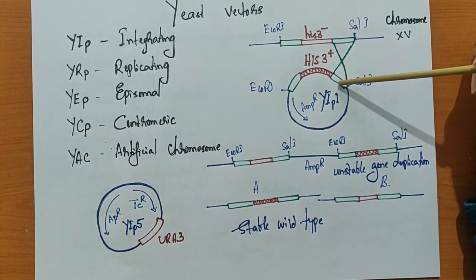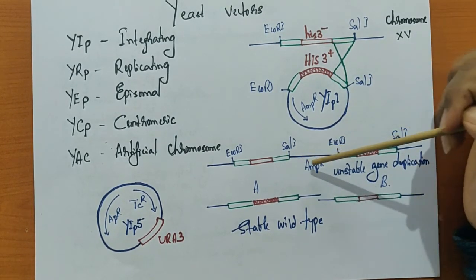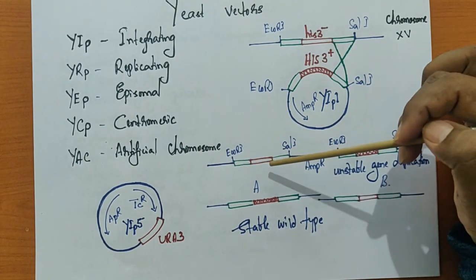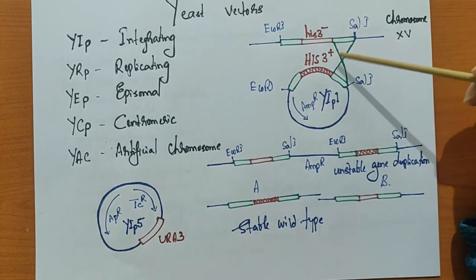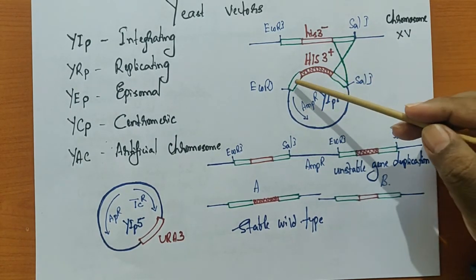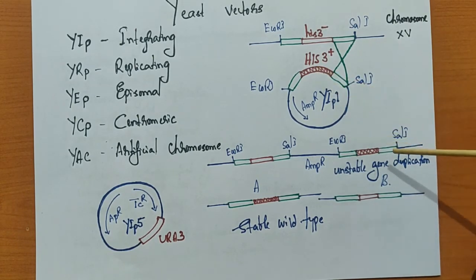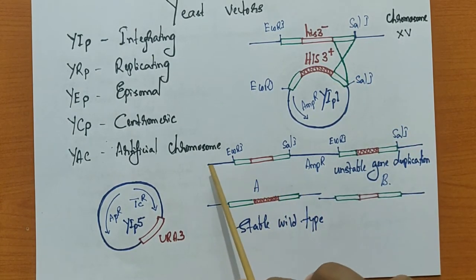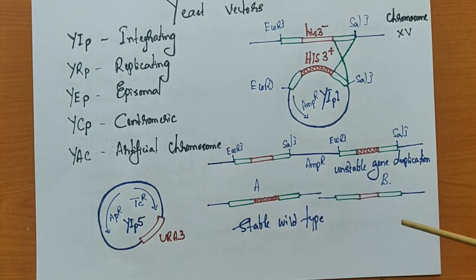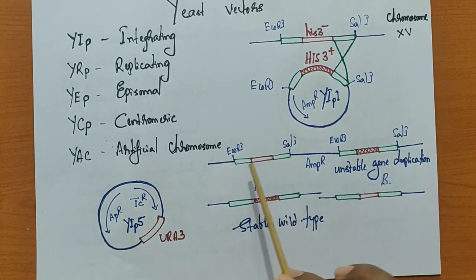Now this SAL1. Now comes this plasmid that is here, that is with the ampicillin. So ECOR1, this histidine 3 minus. Then we have this SAL1. Now this particular one. Then again we have this plus this plus this. So what happens is that during the transformation, because of the homologous recombination, now there will be